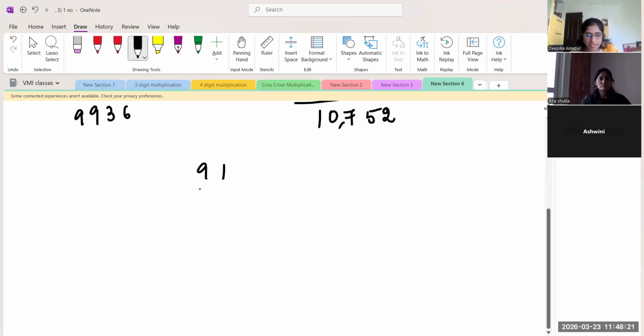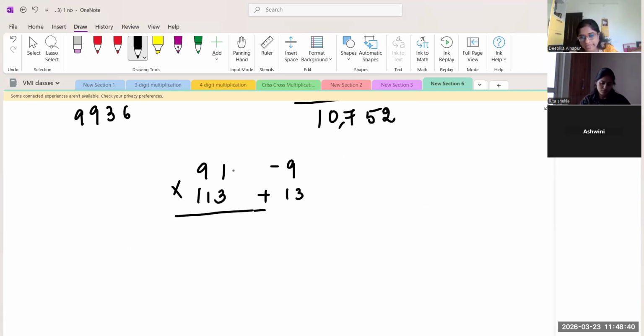And one more example I'll teach here. That is 91 into 113. 91 minus 100 will be minus 9. 113 minus 100 will be plus 13 here. Right? And then just to do the cross addition, that is 91 plus 13 will be how much? 104. And 113 minus 9 also will be 104. 13 nines, later I'll do it, but I'll just add two zeros and keep. 13 nines will be 117, right?